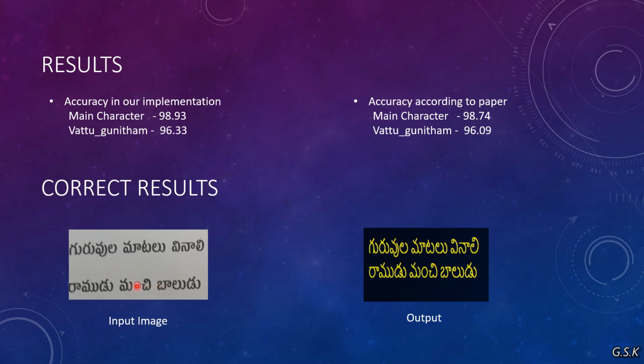Here is a perfectly well segmented and well recognized result from our method. Here you can see there's a slight rotation of the image towards the left. Although there is this slight rotation, it detected and recognized correctly.